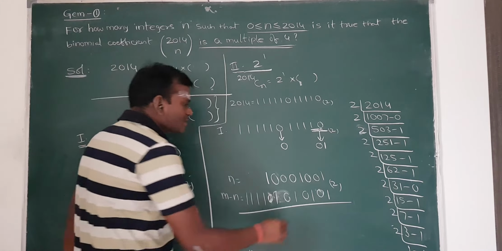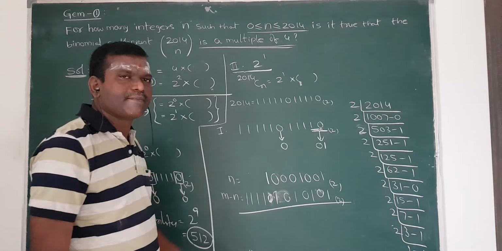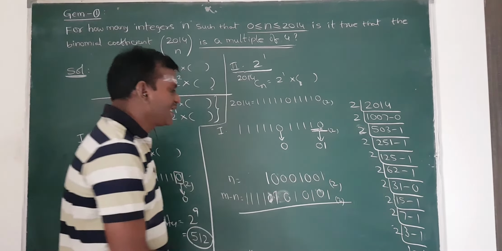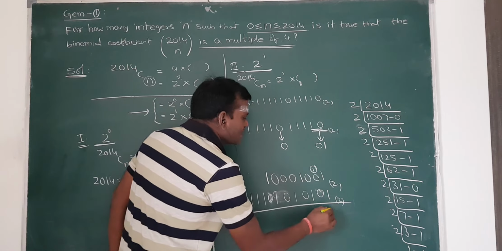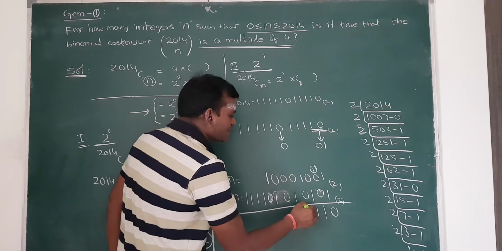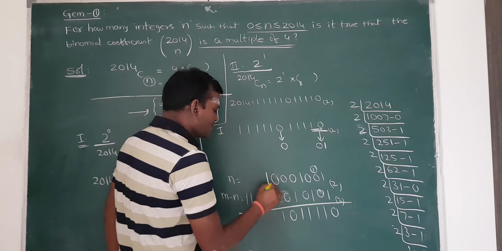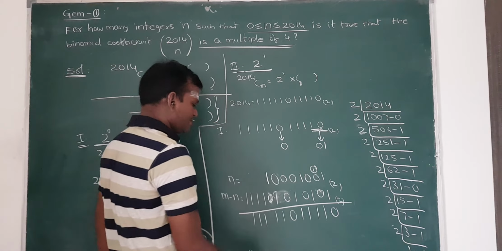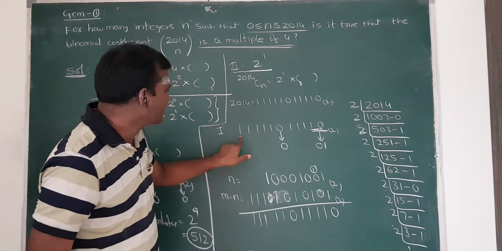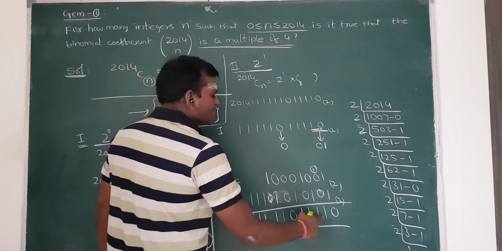If I add these two, how am I getting 1 plus 1? 1 plus 1 in the binary system is 2, but 2 is 10. So 1 is carried here, 0. Then this 1 plus 0 plus 0 is 1, and 0 plus 1 is 1, and so on. Then 0 plus 0 is 0, and 0 plus 1 is 1. So here only 3 zeros because 5 zeros are there. So this is the question.